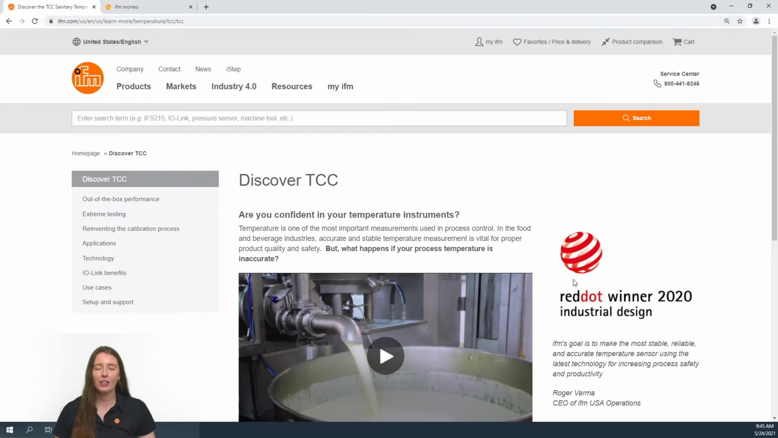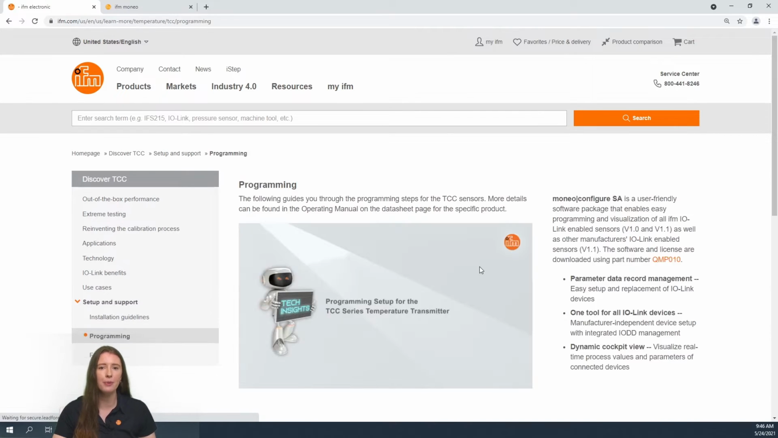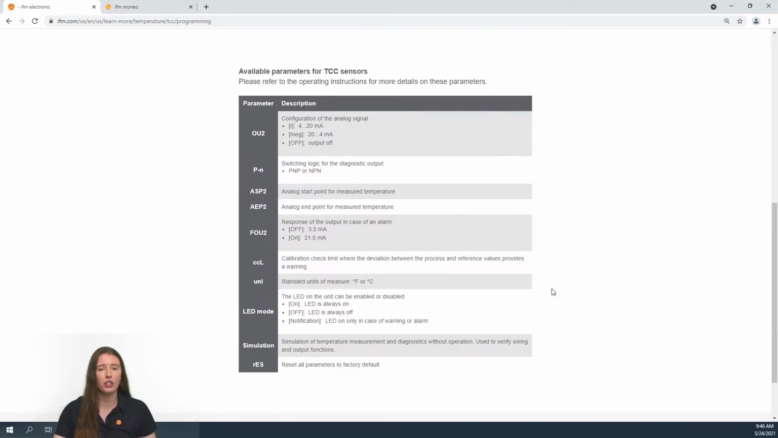So here you have the Learn More section on our website for our TCC temperature sensors. In our Learn More section, you can find a lot of helpful information on the technology used in these sensors, as well as the applications they are used in and the testing that they undergo at IFM's lab. Under the Setup and Support section, you can find the Programming tab, and in this section, you can find a chart that goes over the commonly used parameters in these sensors. So now let me take you to our programming software and show you how to program the TCC sensor in